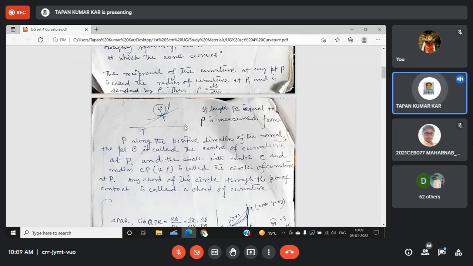Suppose y equal to f(x) is a given curve and P is any point, say (2, 3), on the curve. So how will you determine the radius of curvature? Then you will measure ds d psi. Then always it is difficult. Geometrically it is ds d psi. But whenever you measure the radius of curvature for a given curve, you need some ready-made formula, so that you can just use that formula to evaluate the radius of curvature. And that formula will be determined based on this definition, that rho equals ds d psi.